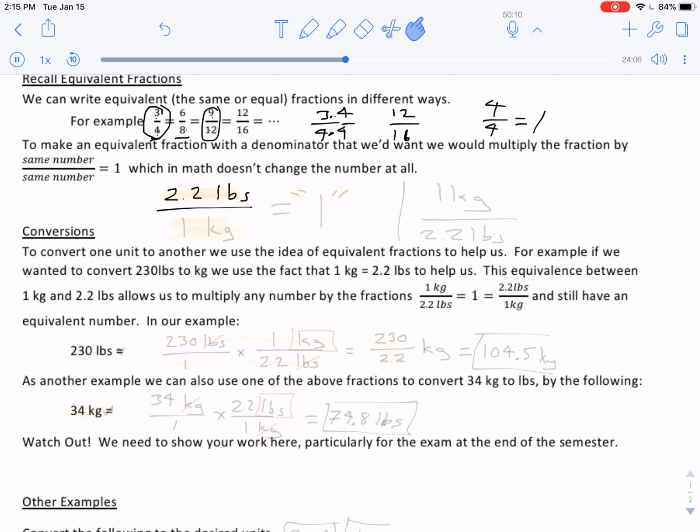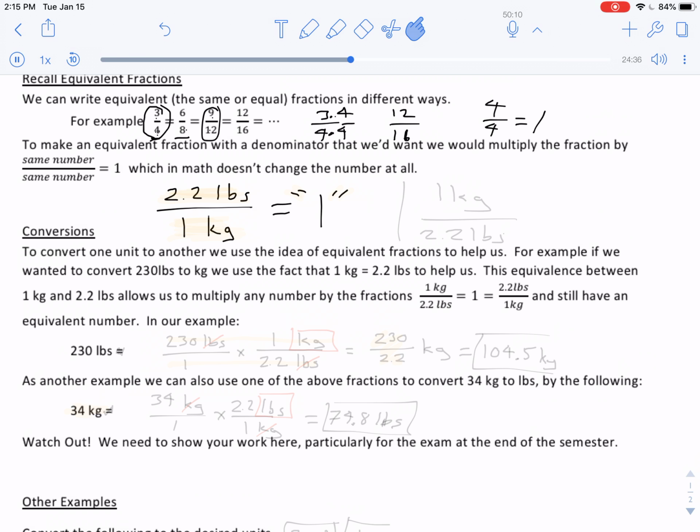We always want to write the units, to 1 kilogram. This fraction here, 2.2 pounds over 1 kilogram, is actually equal to 1. I know it doesn't look like it, and I know if I divide, I'll get 2.2, right? This is kind of, I'm going to put this 1 in quotes. This is 1 because 2.2